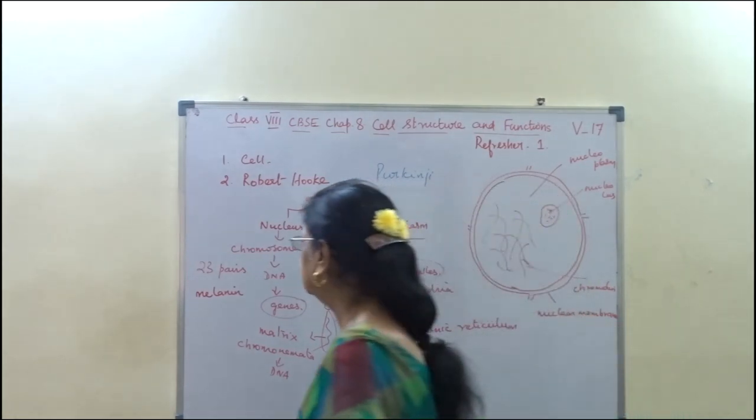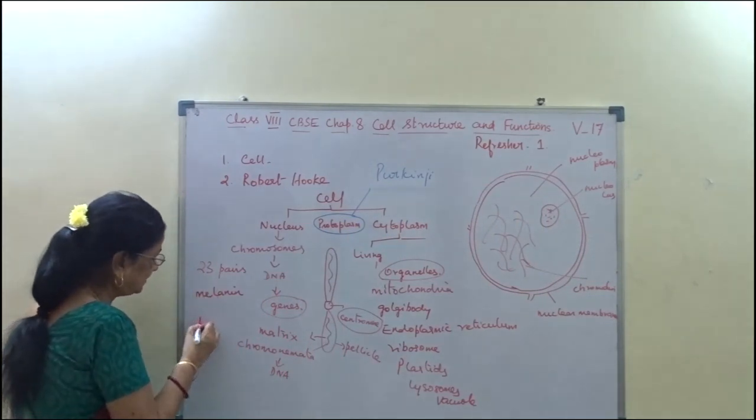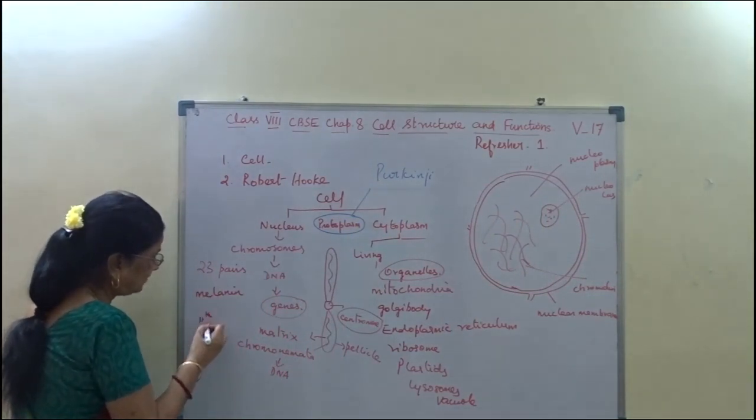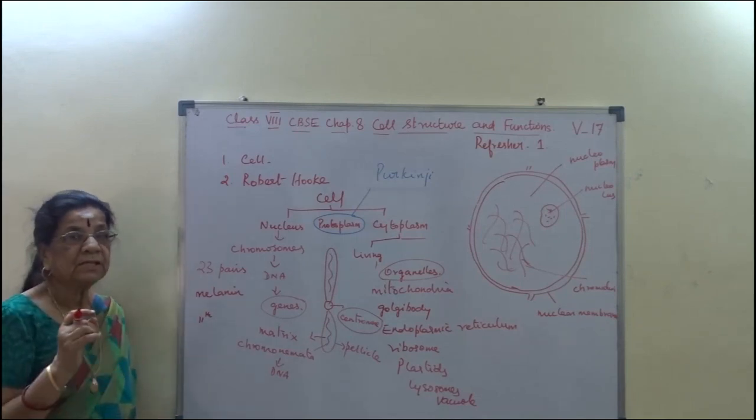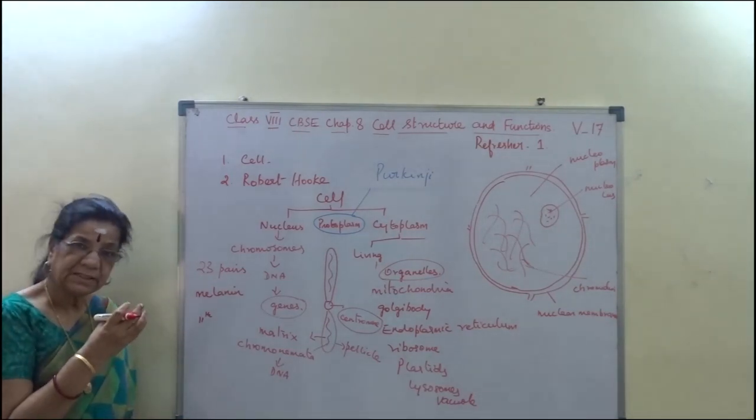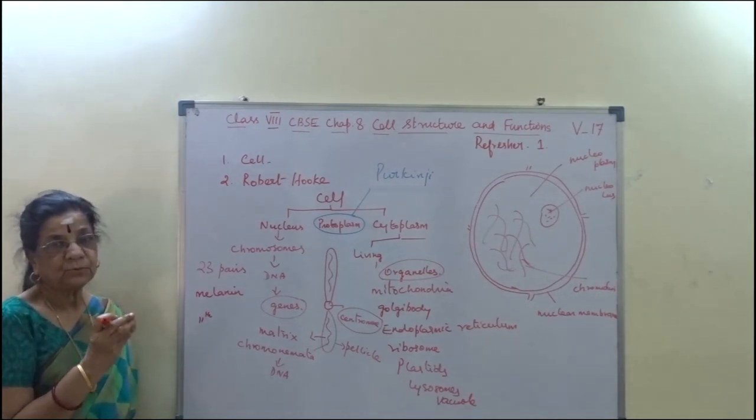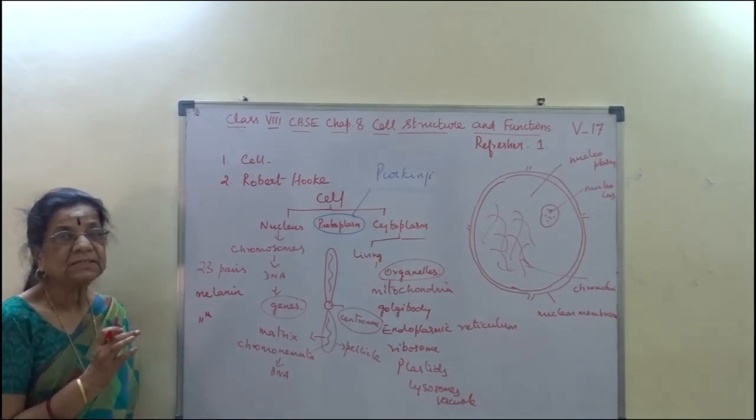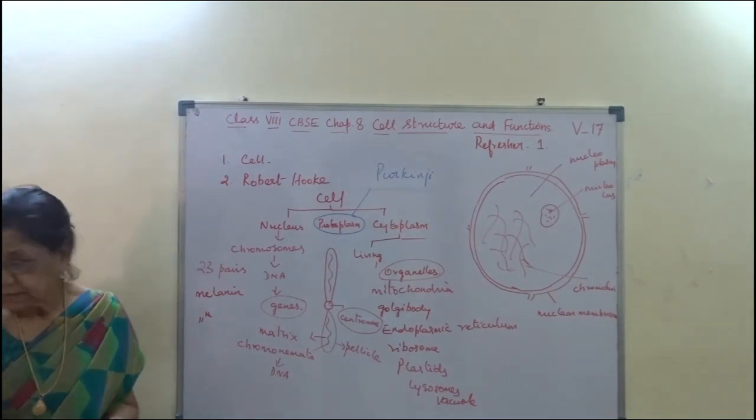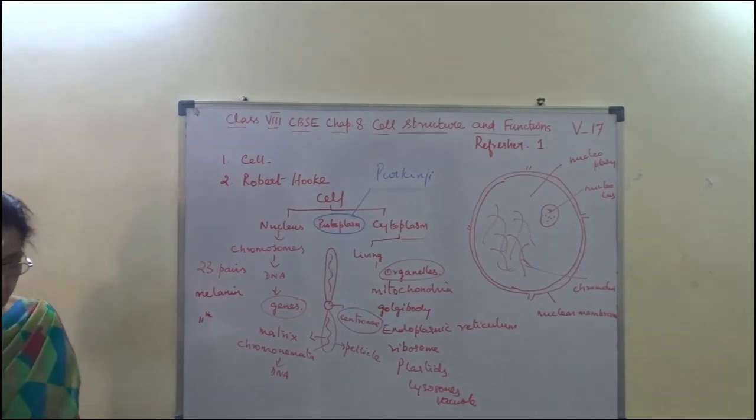Say, for example, among the 23 pairs, maybe the 11th chromosome has 2 genes, and then the 22nd or 18th, some chromosome has other genes. There are 4 genes responsible for determining the skin color. And then there is the structure. So for the nucleus, it is